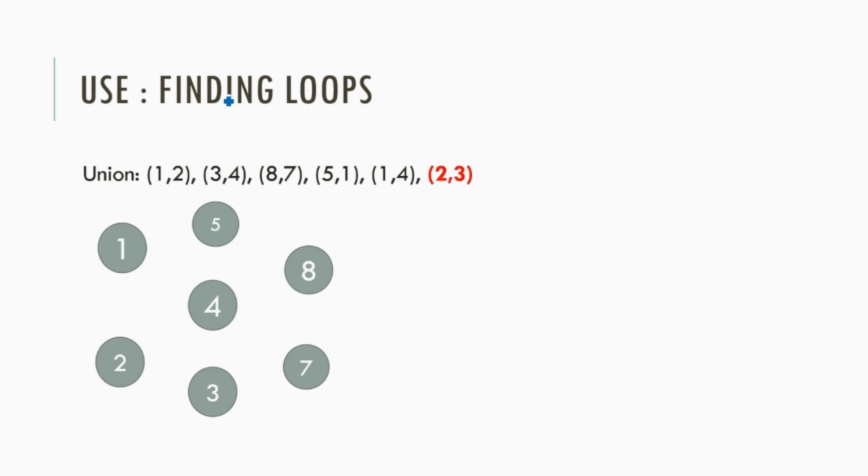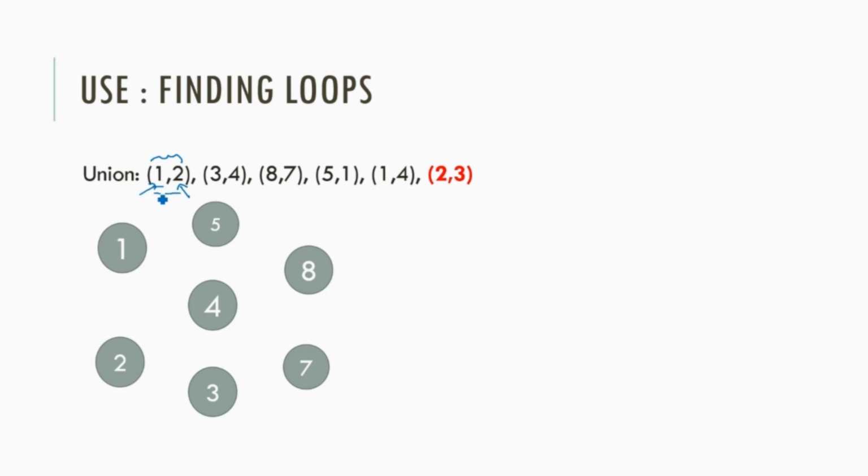There are many applications of the disjoint set data structure. For example, when we are creating a tree, we can use the union operation to find any loop. For this example, every node is considered as an element of a set. So every edge represents a union operation. So for the edge 1, 2, the set of 1 is merged with the set of 2.